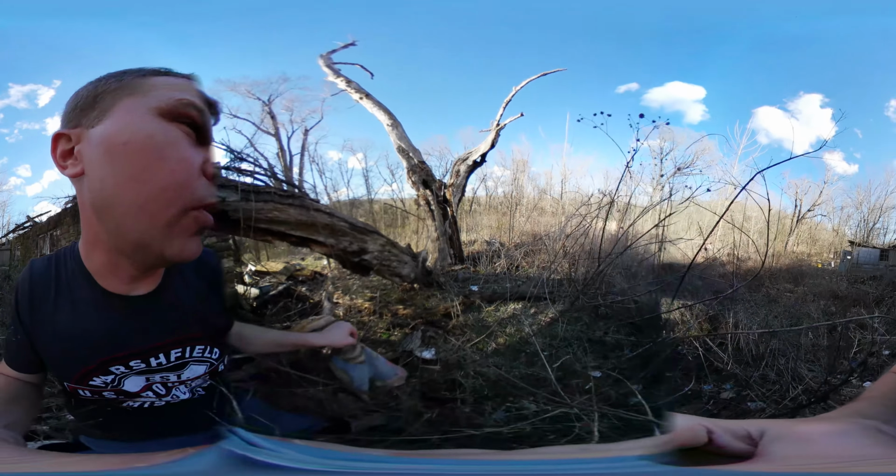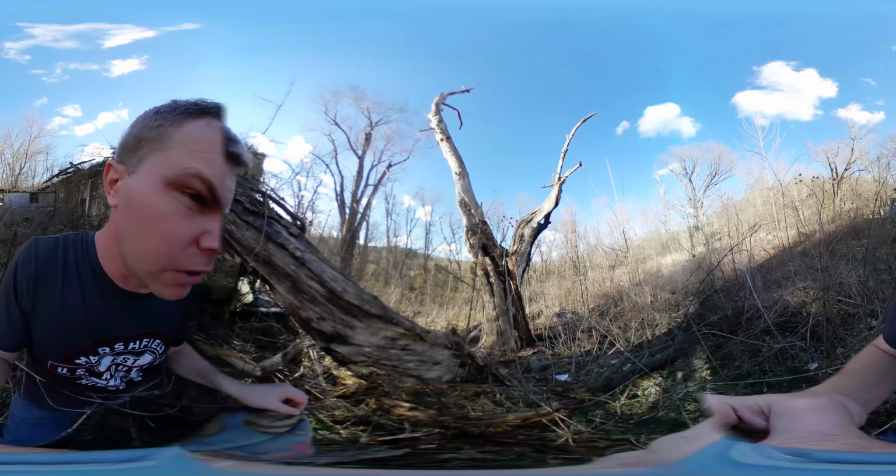There's just so much garbage, and so I chose to come out here in March. Got probably about another 3 or 4 weeks, and this place will be popping with all sorts of vegetation and snakes and chiggers and anything else you can think of. There's an old dog chain wrapped around the tree. So this is the back side of the building,